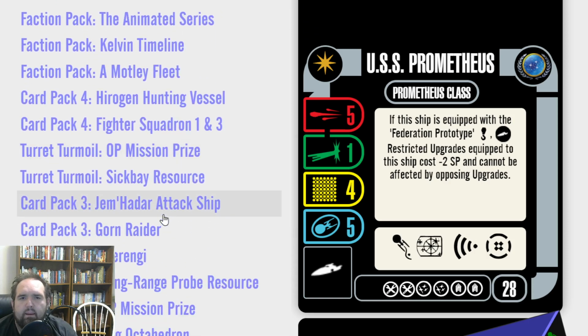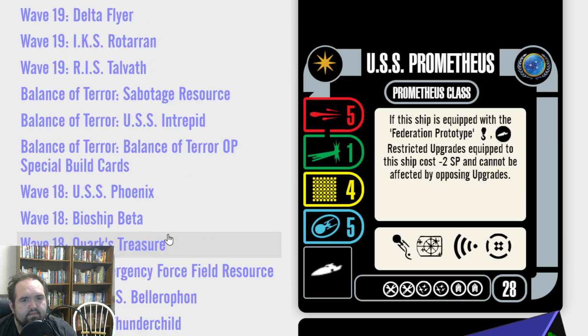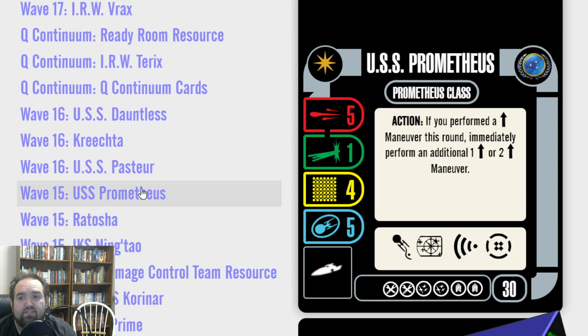So, that's wave 15. I got this. Wave 15's U.S.S. Prometheus. Probably not something to go chase down in too much desperation. If you come across one for a good price, I'd say go get it. But other than that, I think it's one kind of best left to proxy play. Definitely bring this in because you already got a Prometheus. Just say, hey, I got the other named ability. But yeah,